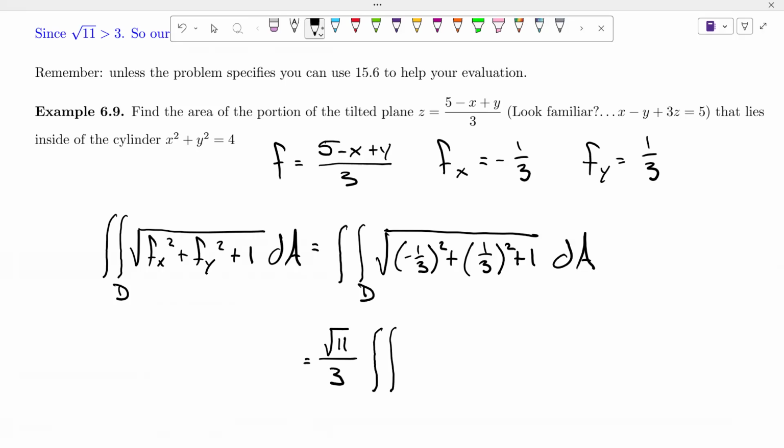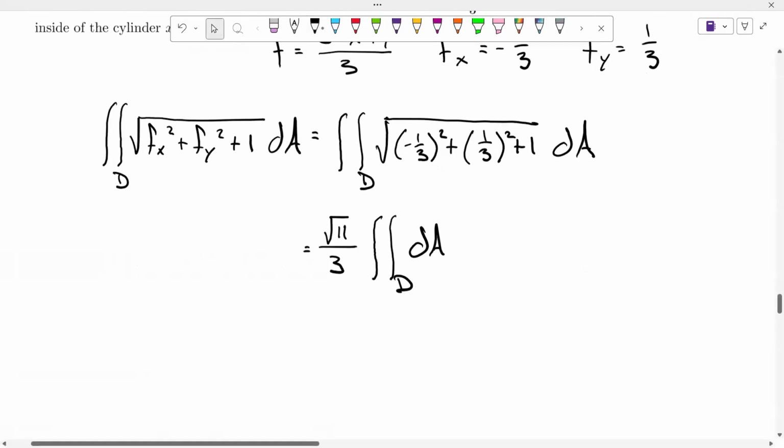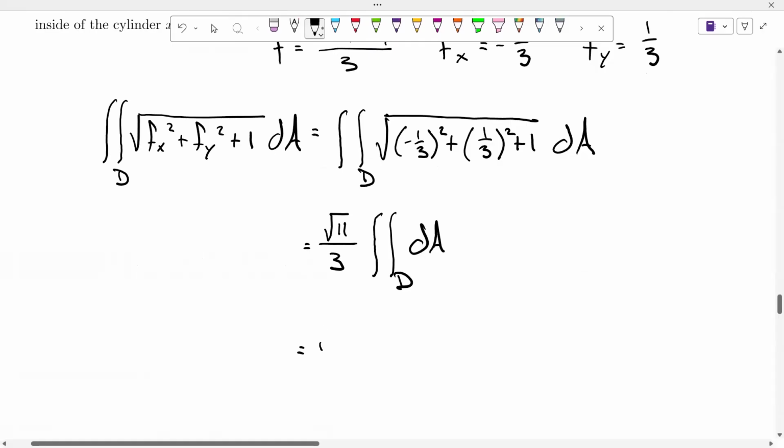Since adding all of that up, I'd have the square root of 11 over 9. The denominator is a square number, so I can simplify that part. So I end up with just square root 11 over 3 times the double integral of dA. And if all I'm integrating is dA, I get just the area of my region. So I think this is root 11 over 3 times the area,